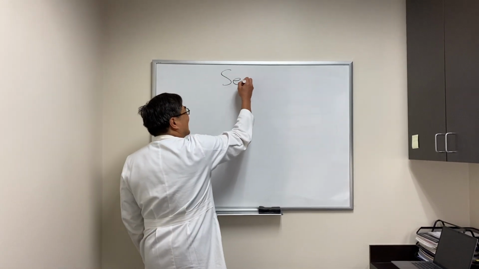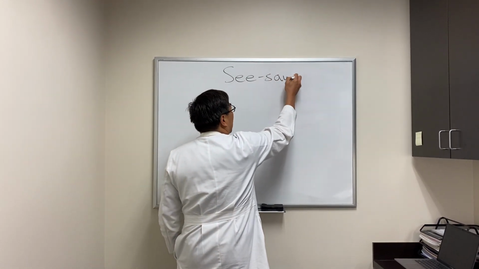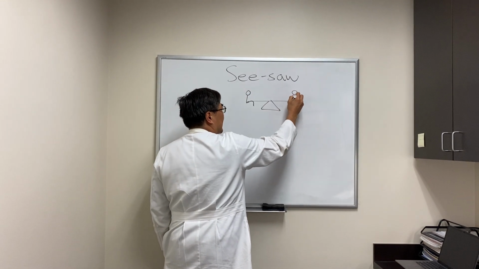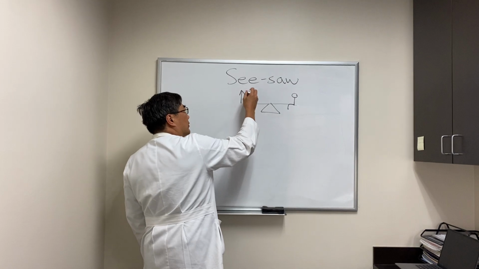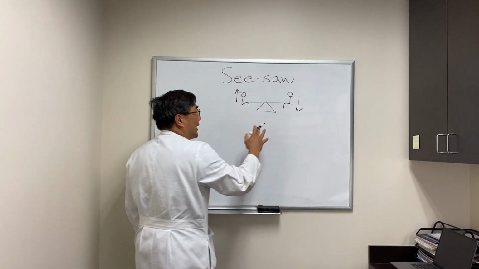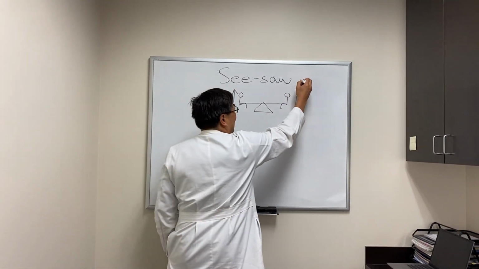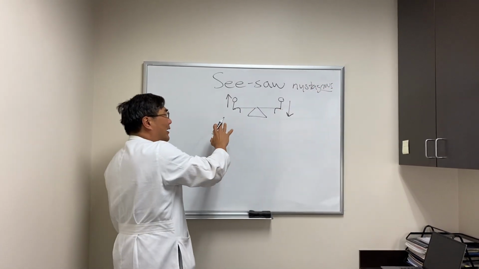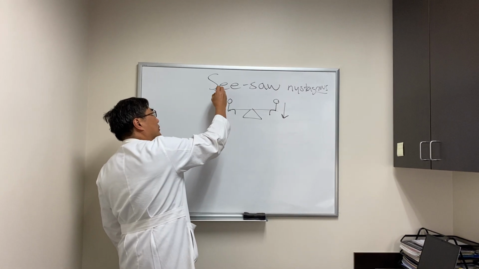So we're going to be talking about seesaw nystagmus. And a seesaw, as you know, there's one person on this side and another person on that side, which means one person goes up and one person goes down. But in seesaw nystagmus, which is a form of torsional nystagmus, we also have the rising eye is going to